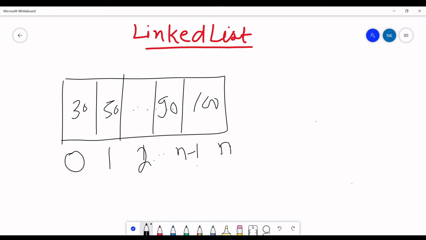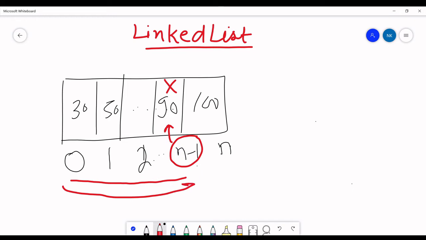He has to go by one element at a time. Similarly, if someone wants to delete this element, he has to traverse again. The time complexity is higher in the array.